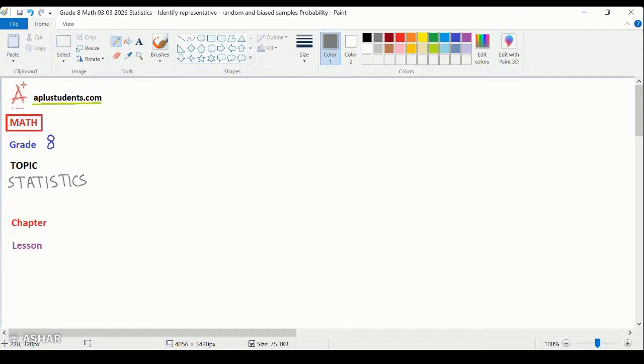I'll give you the chapter number and the lesson number. The chapter number is 25 and the lesson number is 9. And the name of the lesson is